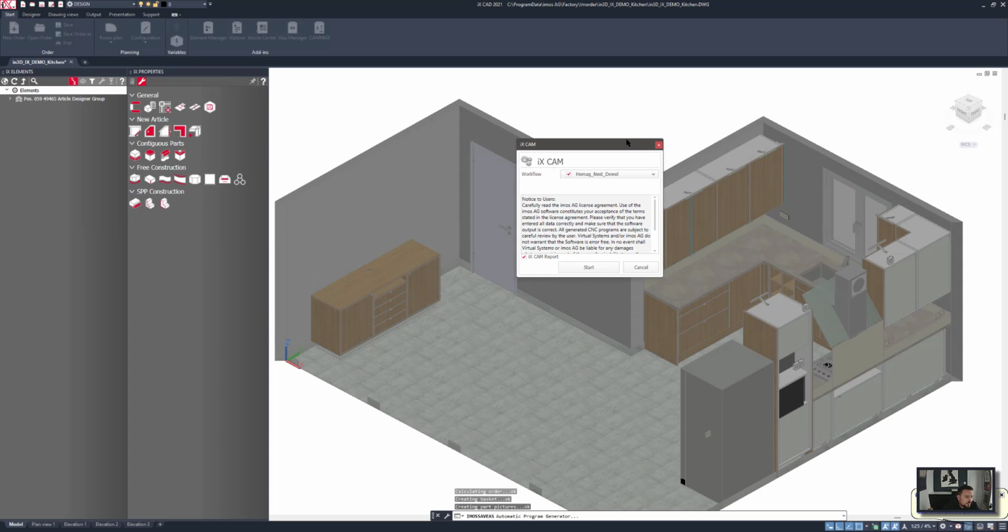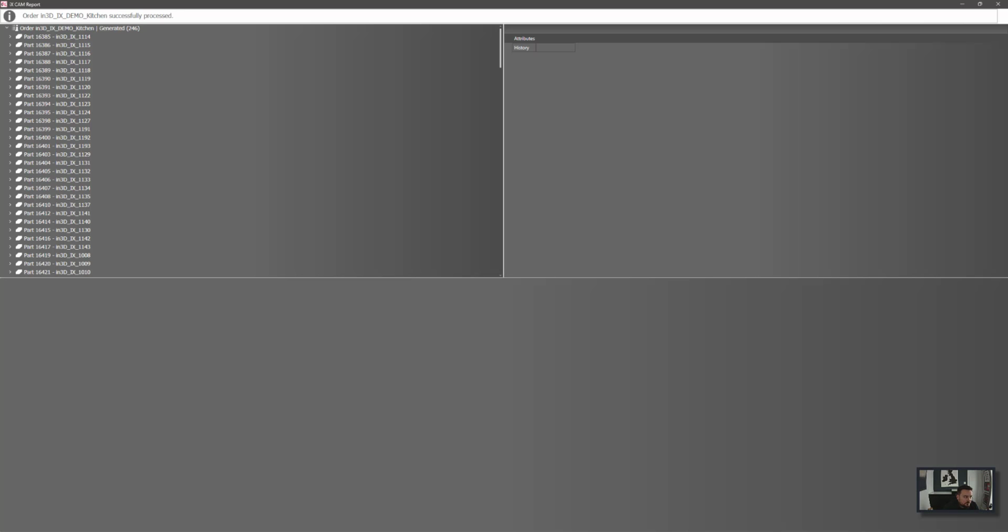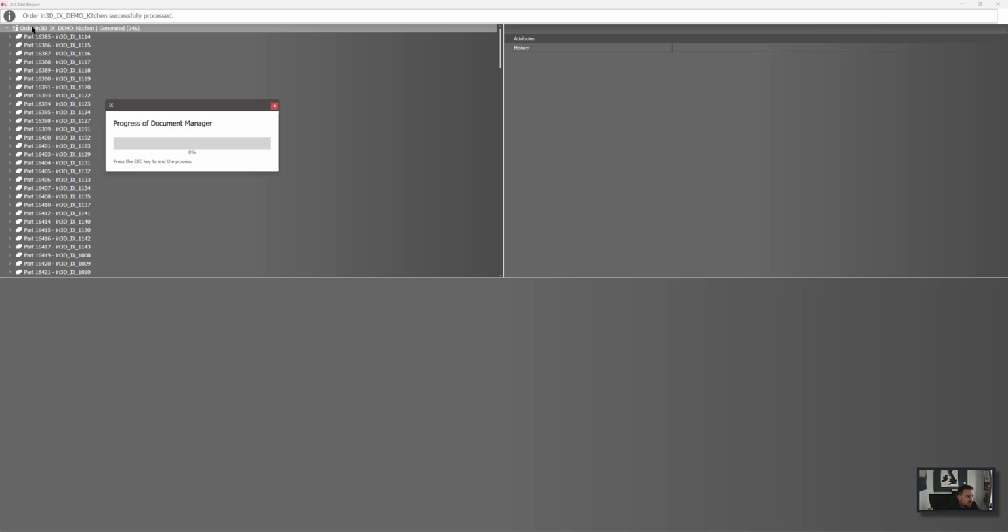I'm going to run it down this workflow, which is going to generate all of the CNC information. So I'll click Start. And this is going to generate all of the CNC information now. So you can see 246 programs have been generated, and these have all run down a nest, edge, and then